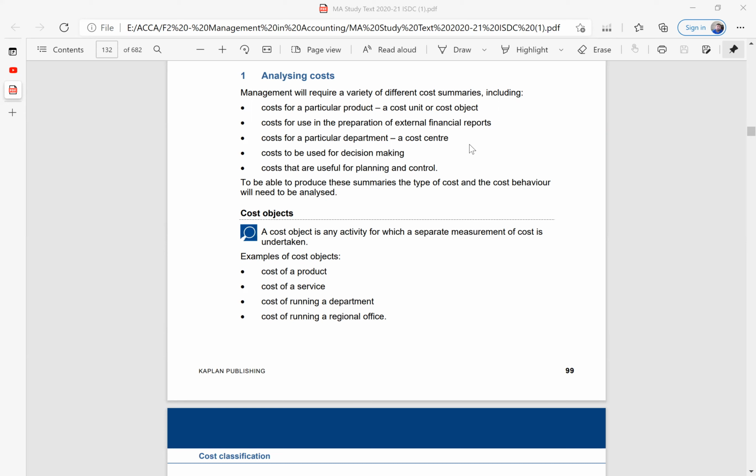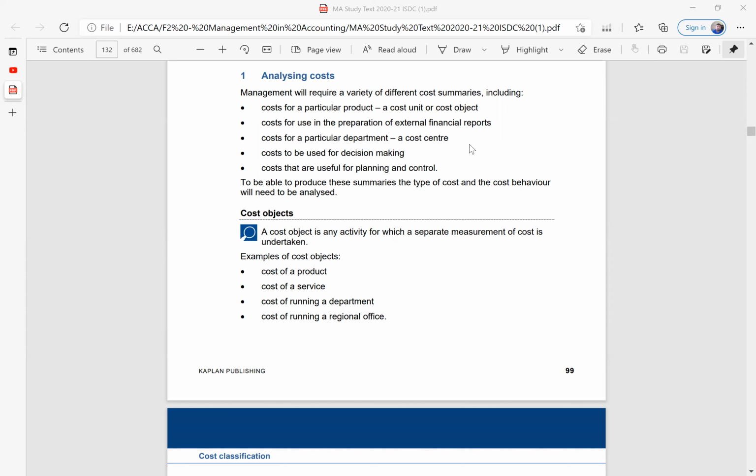Similarly, if the labor is working for you to be able to produce the final product and sell it in the market and earn profits from it, so that final product becomes the cost object. Why? Because you have to make the labor work on that product, and then you have to pay the employees for it. Therefore, it becomes a cost object. Why? Because the cost is being incurred because of it. Are we clear?